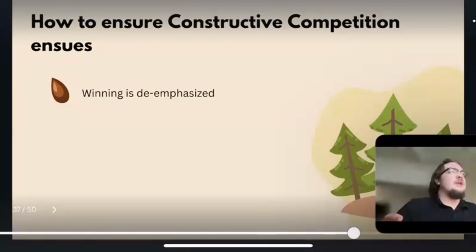So when winning is de-emphasized, the less group members emphasize winning as the primary goal of competition and instead focus more on having fun and developing skills while competing, the more positive the group climate will become. So you guys are all learning small group communication and your respective subdisciplines. So have fun with it. Learn. That's one of your goals, is to learn this stuff that we've been talking about this whole time, right? Your goal is to learn small group communication in a different context of presenting and teaching others, because that is the best form of learning something, right?